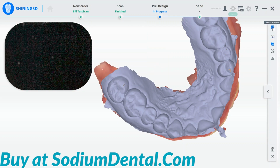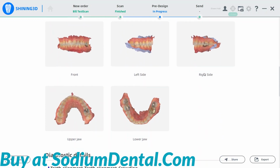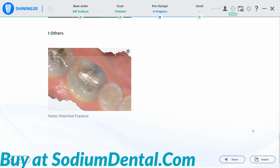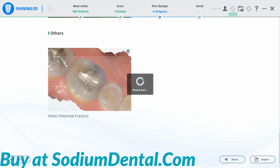Now, to review your report, click Report Preview at the top right-hand corner. Your oral health report can be viewed directly on the screen. It can be exported as a PDF file. To be potentially attached to your practice management document center, or